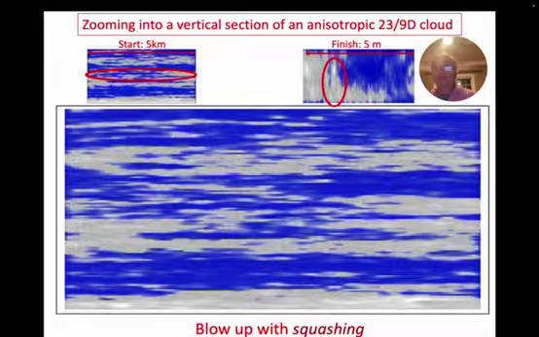This zoom sequence into a vertical cross-section of the atmosphere shows what this fractals all the way looks like as we zoom in. To make this simulation, I blow up and squash, blow up and squash, blow up and squash. Contrary to the self-similar simulation that I showed earlier, even though the shapes change as I zoom, it's still fractals all the way.